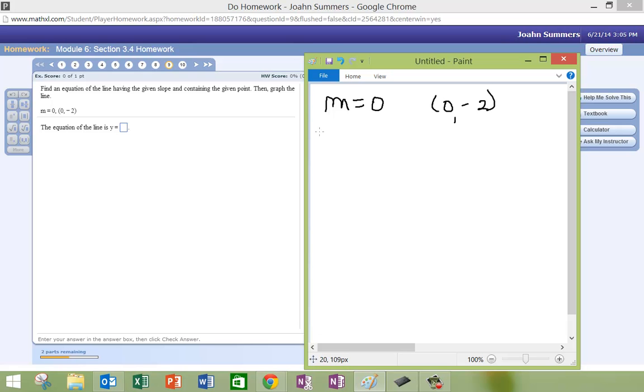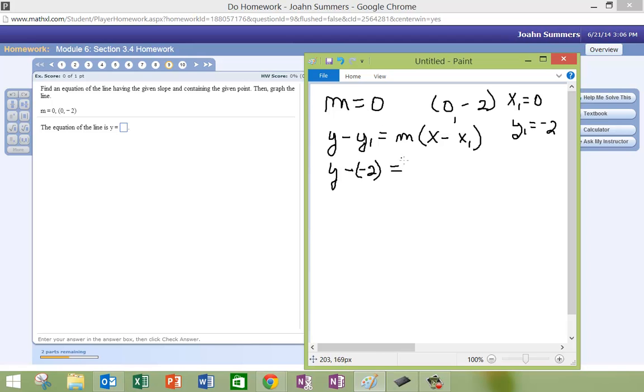Okay, we're going to have to use the point slope form for the equation of the line. It's on page 257 in your textbook. That equation says that y minus y1 is equal to the slope times x minus x1. Right, so we're given the point 0, -2, so x1 is going to be 0 and y1 is going to be -2. Subbing those in, we have y minus -2